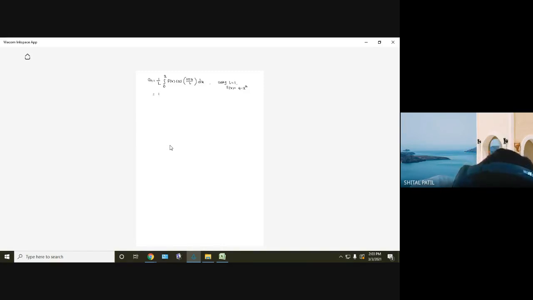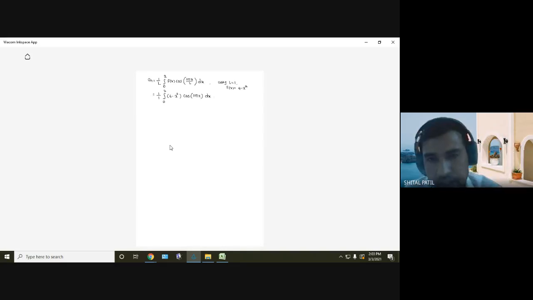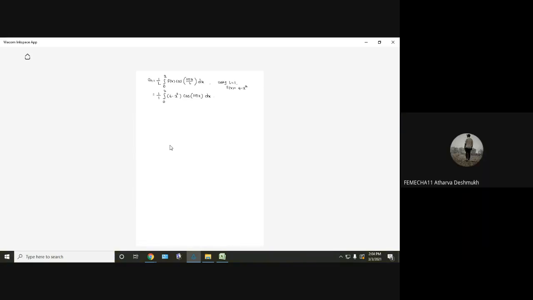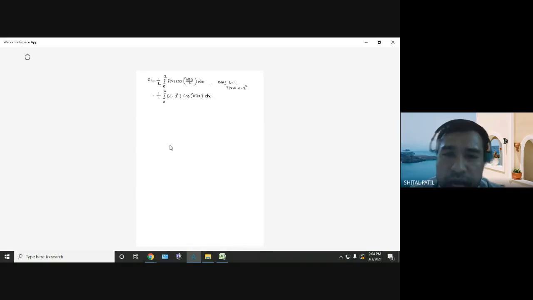So just see now. L is 1 here. So 1 upon 1. Integration from 0 to 2. f of x is 4 minus x square. And then cos of n pi x divided by 1 dx. Understood up to this step? Now I have to integrate this. I have two functions. One is 4 minus x square, a polynomial, and another is a trigonometric function, cos of n pi x. Don't use the Eilert rule. Give you some time.